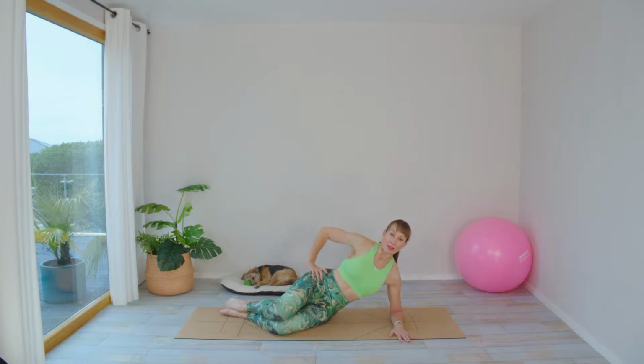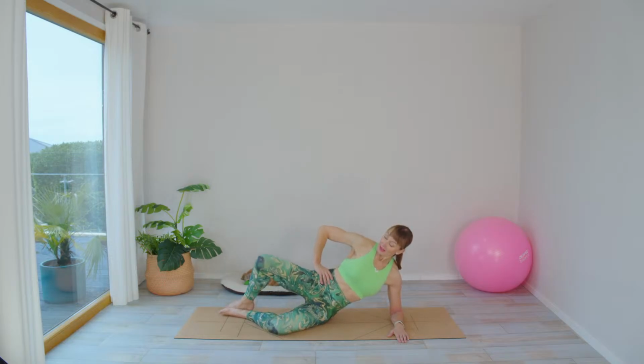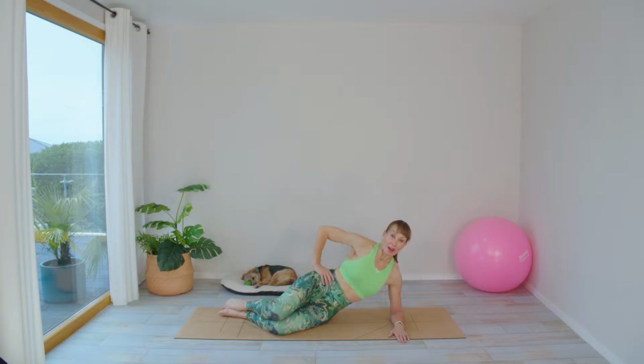Let's start working those hips a little now. So we're going to open and down. We're keeping that pelvis nice and still and down. Lift and lower. Lift and lower. Lift and lower. For 4, 3, 2, 1. Well done. Now you're going to come onto your elbow,